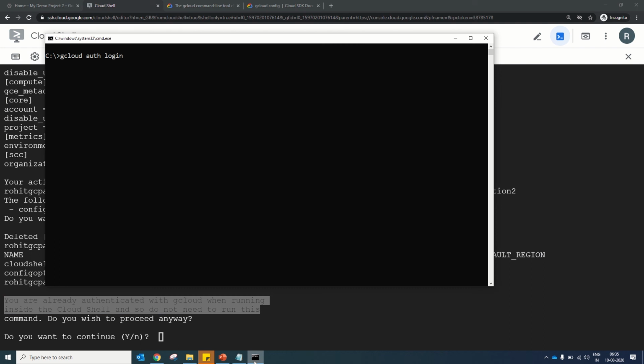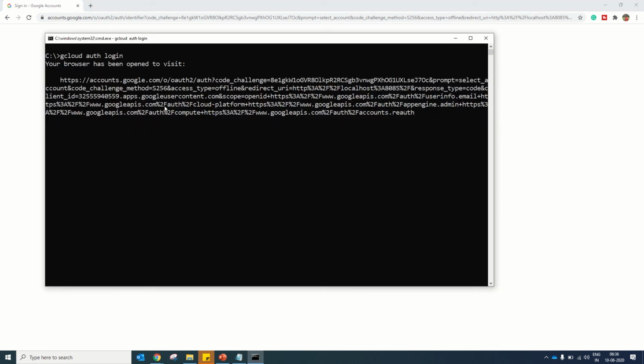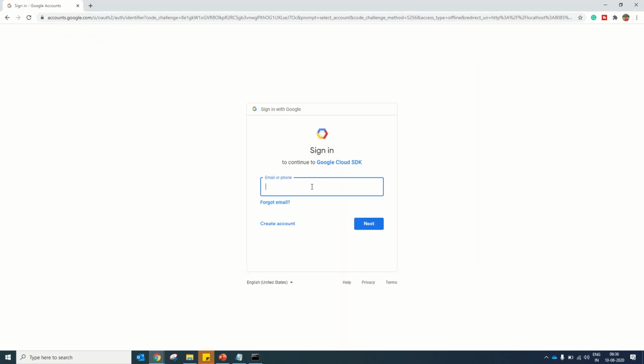But now I am going to run this on a local system where the Google account is not authenticated for this session. When I run this command, it will generate the login link. It automatically opens the browser for this. In case it doesn't open the browser automatically, you can just copy this link and open it in a browser. Enter the login ID with which you want to authenticate this session. It's asking for the password.